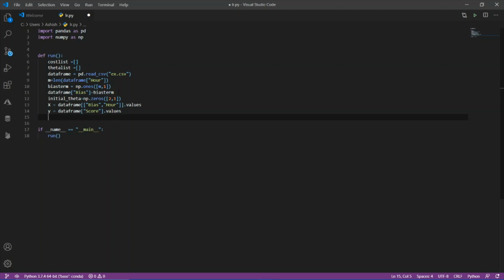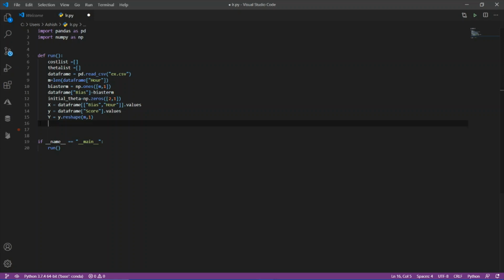So I have to check the dimension of y also. Here I need the dimension of y to be m into 1. But the dimension of this y over here is not m into 1, so I need to rearrange the dimension. So let's rearrange it: y equals to y dot reshape m comma 1. So before moving on, you should check your dimension.